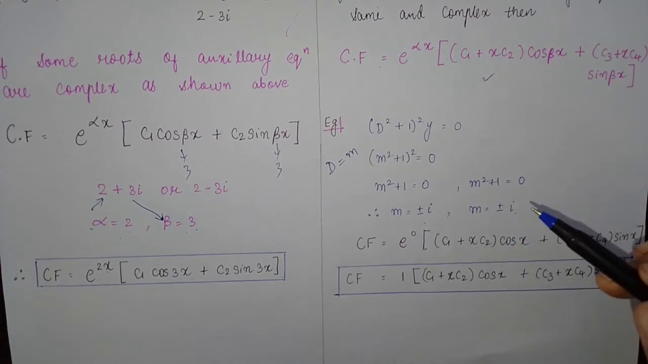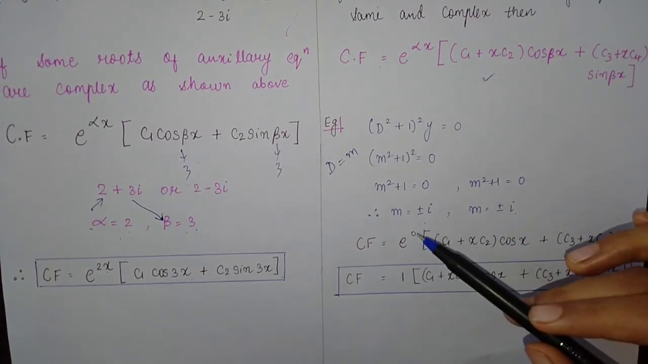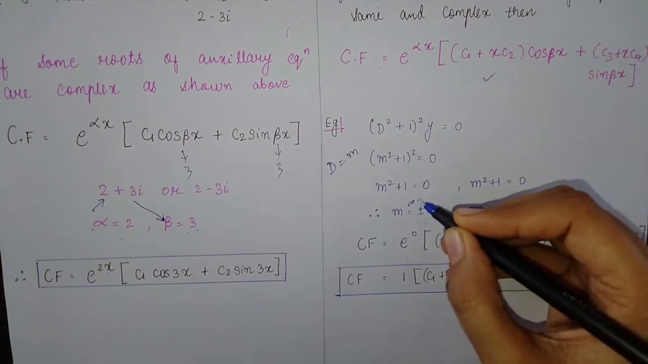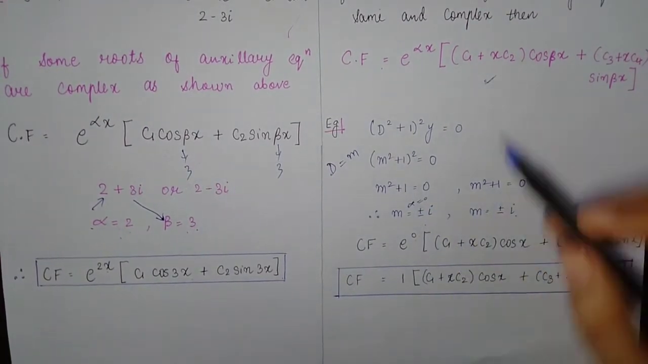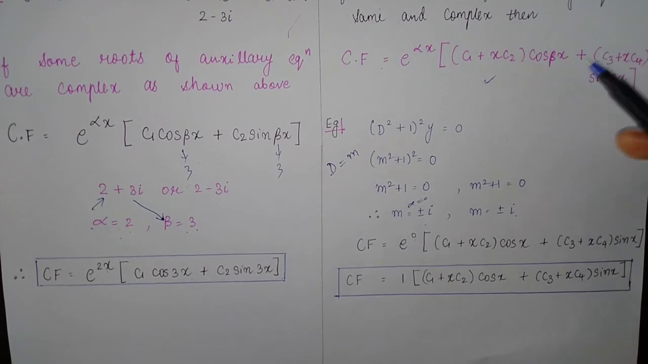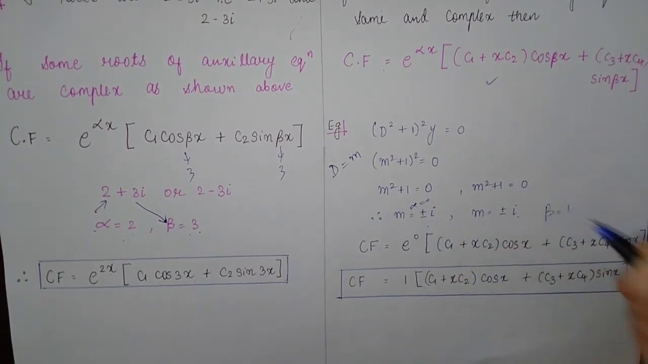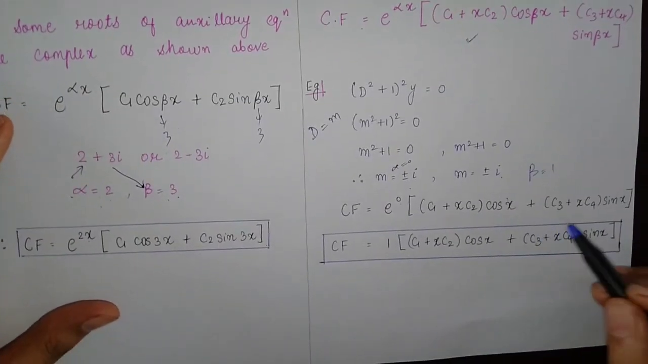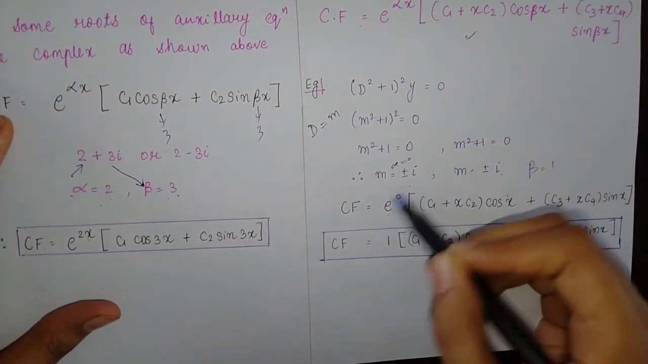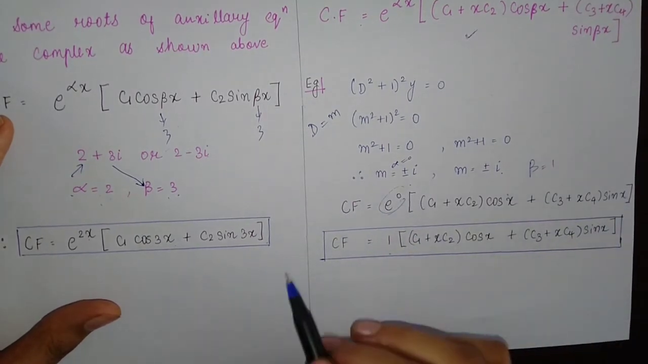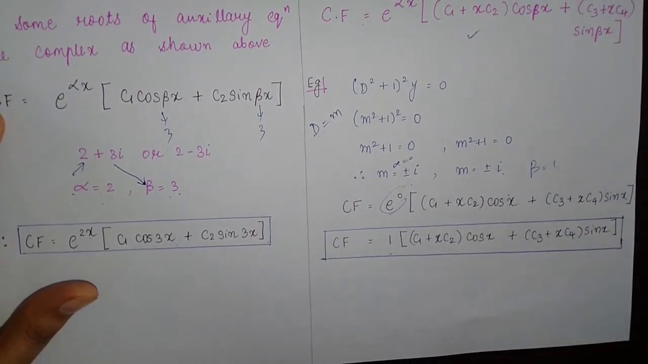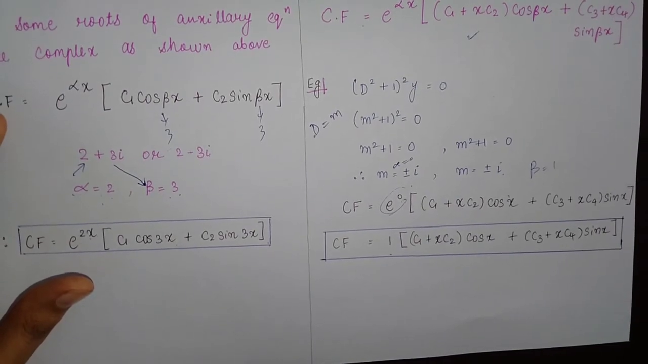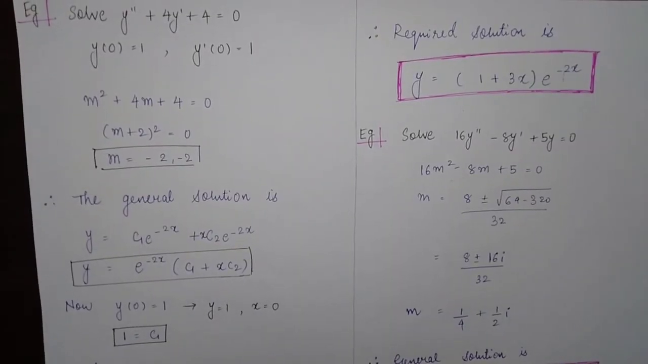The complementary function of such a type of equation will be e raised to alpha x, but here alpha is 0. So e raised to 0, (c1 plus xc2) cos beta x, our beta is 1. So you have to put cos x, and again here (c3 plus xc4) sin x. The value of e raised to 0 is 1. So we will get this final complementary function. So there are 4 cases of finding complementary functions based on the roots, and now we will see 2